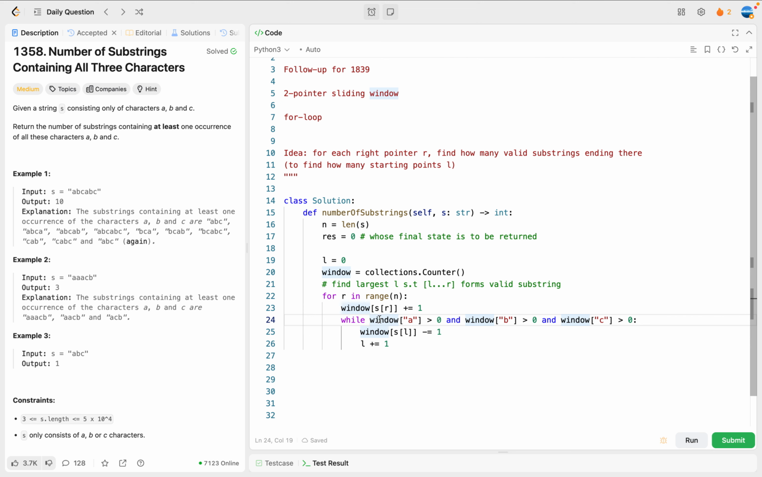So this way, once we exit this while loop, actually we could restrict L to be less than or equal to R. But if L equals R, for sure these conditions cannot be simultaneously held, because in order for this to hold, the length of the window should be at least 3. Therefore, we don't need that condition. So after we exit this loop, there must be at least one of those that does not hold. In other words, the current state